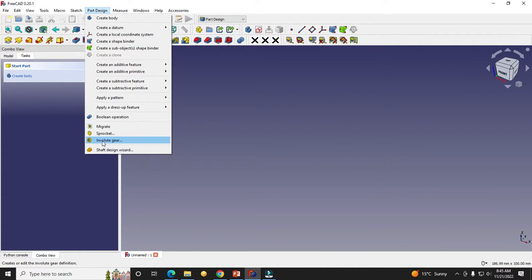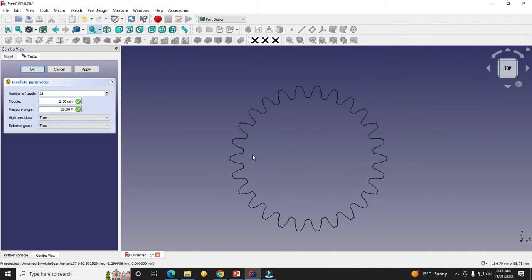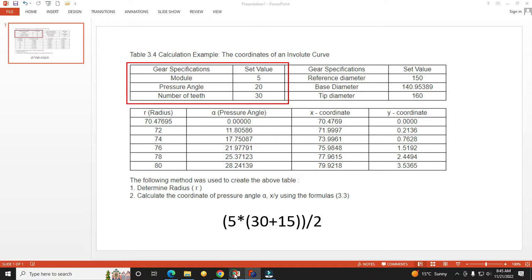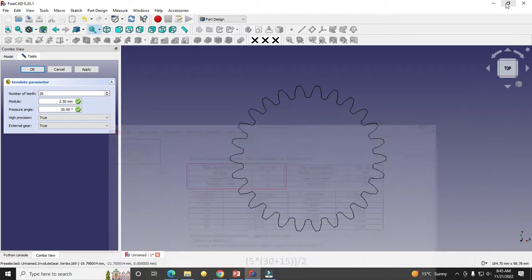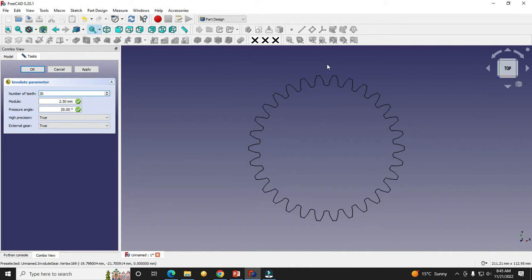So I will create an involute gear. Once I click on the involute gear, a profile has been inserted here. Now we will customize this profile as per our requirement. As per our data sheet, we have module 5, number of teeth 30, and pressure angle 20. So we will enter here number of teeth 30, module 5, and pressure angle 20, and here